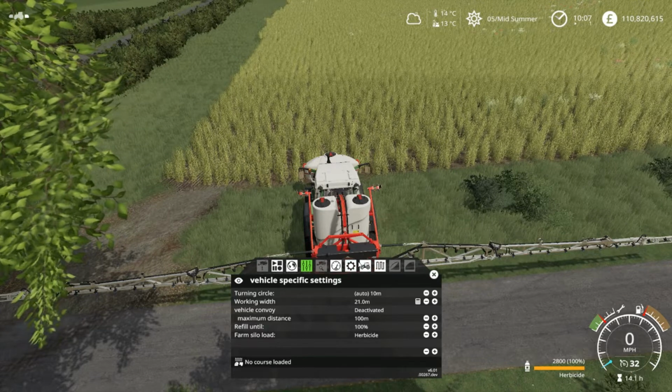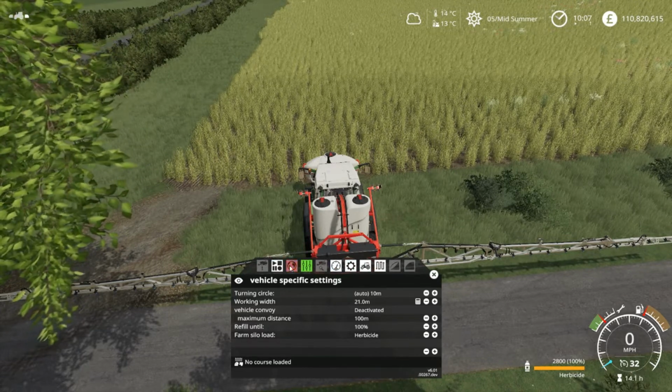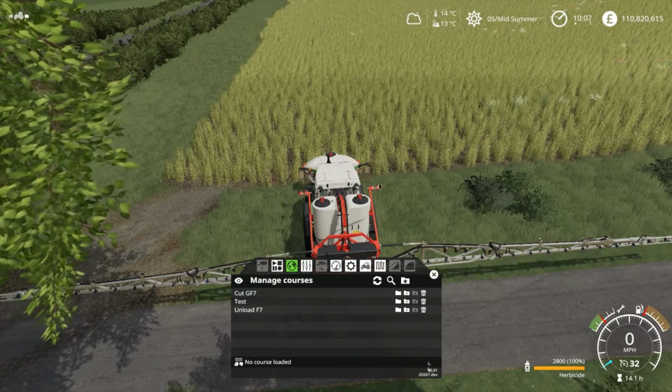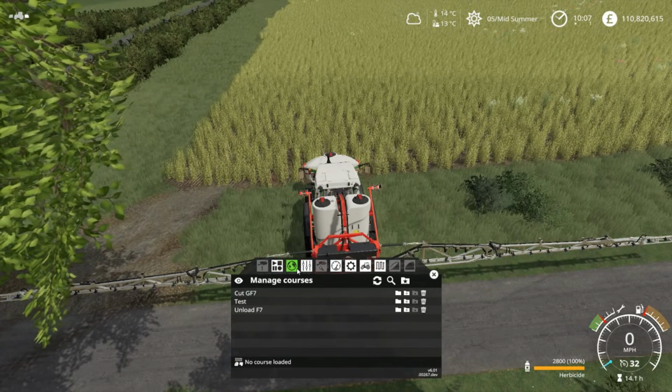Just in case. And sometimes that doesn't matter, but in some cases I've noticed it has a problem. Talking of which, I haven't got the latest version of Courseplay, as you can see. I must download the latest version. I suspect there is a newer version of this available,